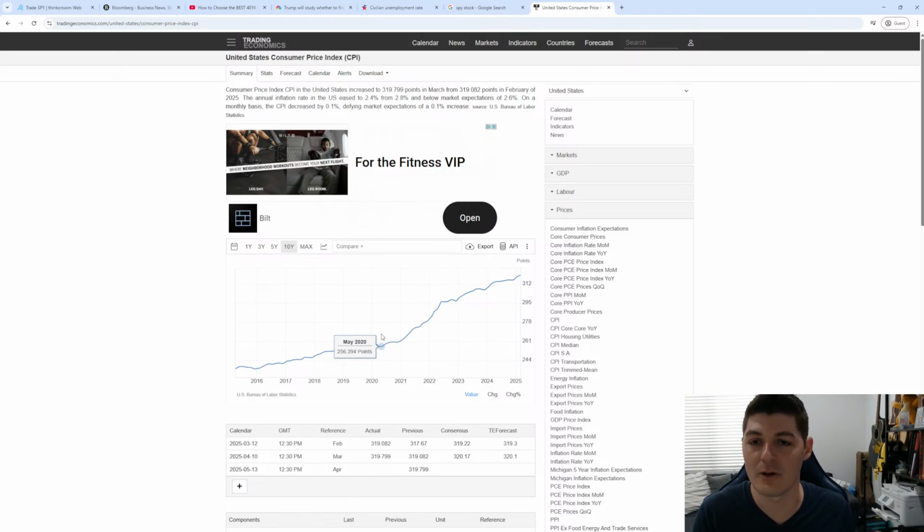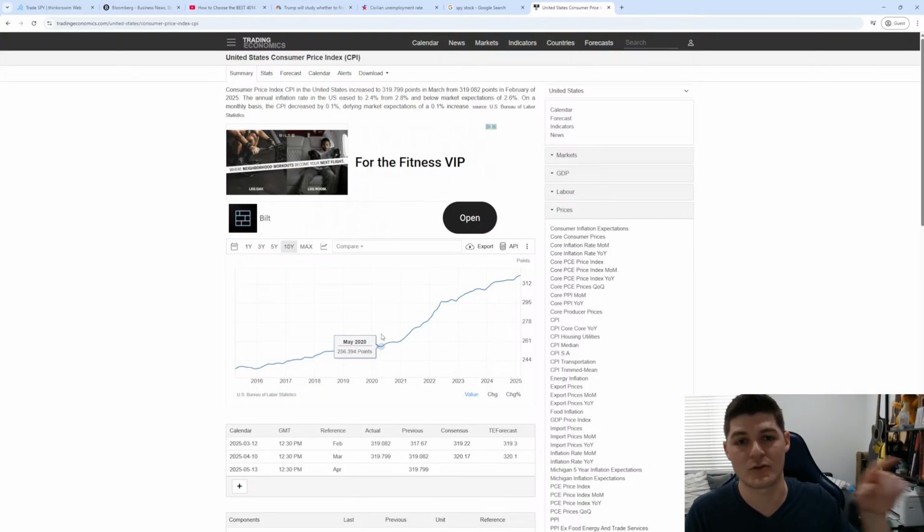If auto loans are cheaper, if mortgage loans are cheaper, you're going to end up spending more money. If your credit cards are cheaper as well, just on average, consumers will spend more money. When consumers spend more money, businesses think that's a good thing, and they raise their prices because there's more money coming in, there's more demand, so they raise their prices. And when they increase prices, that is an increase in inflation. And this can start to spiral out of control.